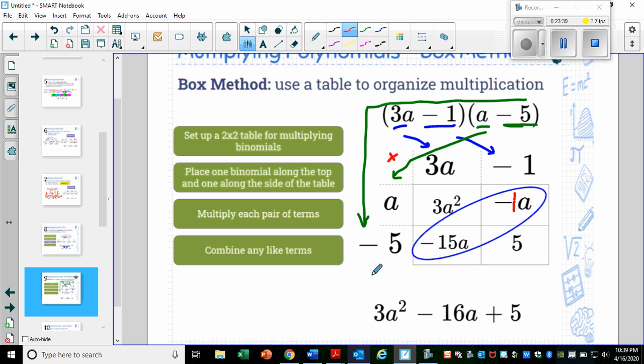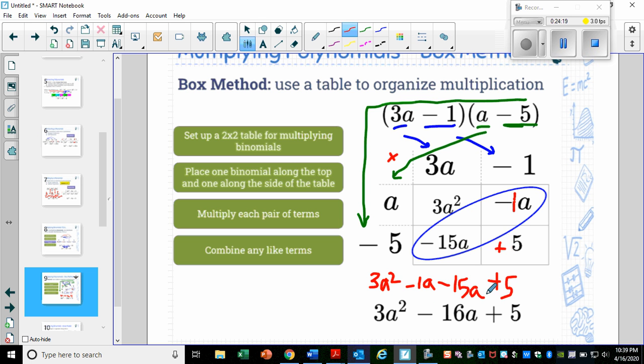So what you would do, you could line up your terms. 3a squared minus 1a minus 15a plus 5. Now again, you don't see a sign, assume that it's positive,